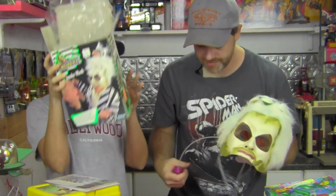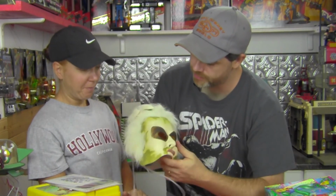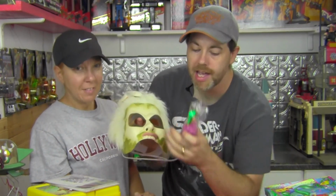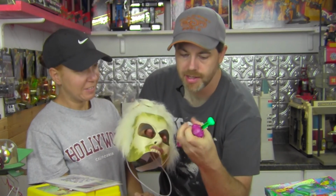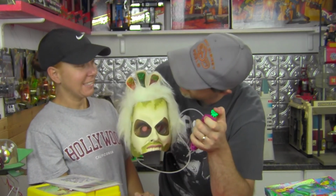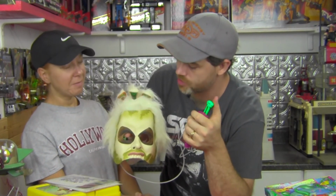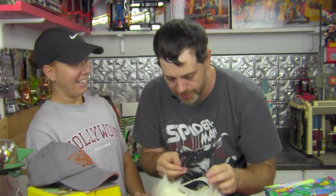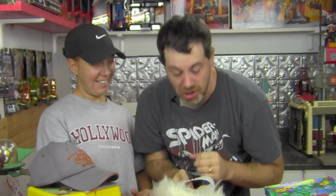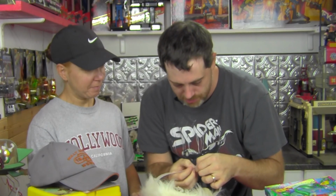Put that behind you. This thing, as you can see, is a pretty semi-accurate representation of Beetlejuice. It has this weird, funky monster plunger thing that when you press said plunger, the snakes on top of his head pop up. It's all done by air and bladders, of course. The real creepy thing is, I can take that off there, show you my crazy hair. Crazier hair. If I adjust this just properly,